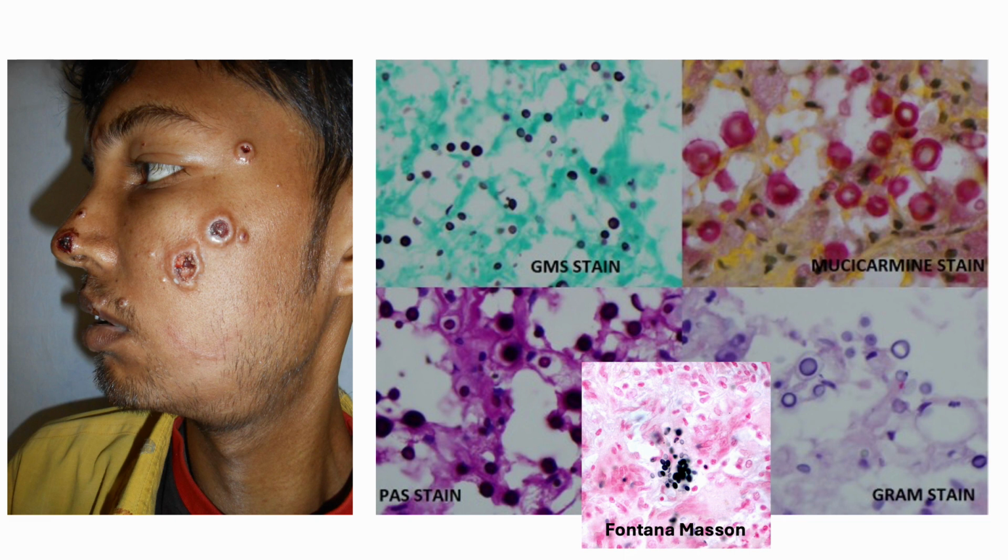Not only does the size vary, but there are also two very special stains that can highlight these microorganisms. One is the mucicarmine. Second is the Fontana-Masson. The mucicarmine stain is usually used to highlight mucin. Fontana-Masson is a stain usually used to highlight melanin pigment. But those two are staining here. And if you stain with a Gram stain, you can see there is a capsule, which can also be shown with India ink. At this moment, I hope you have already shouted out the organism's name, which is the